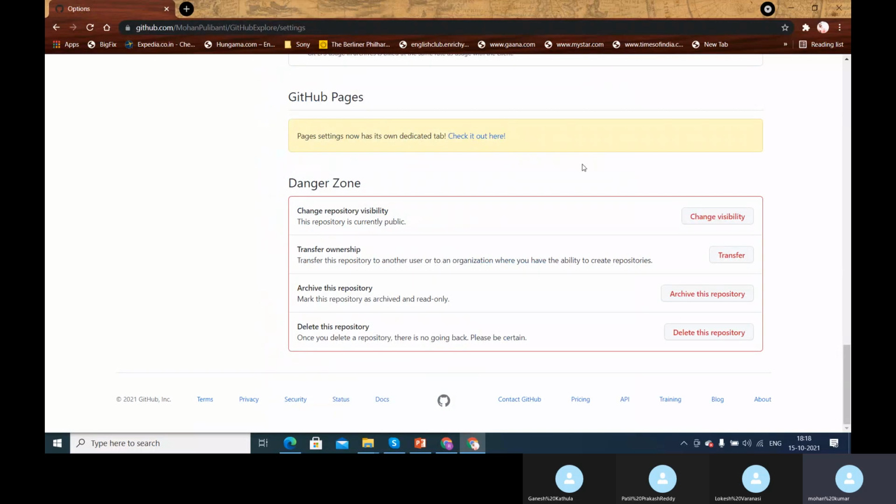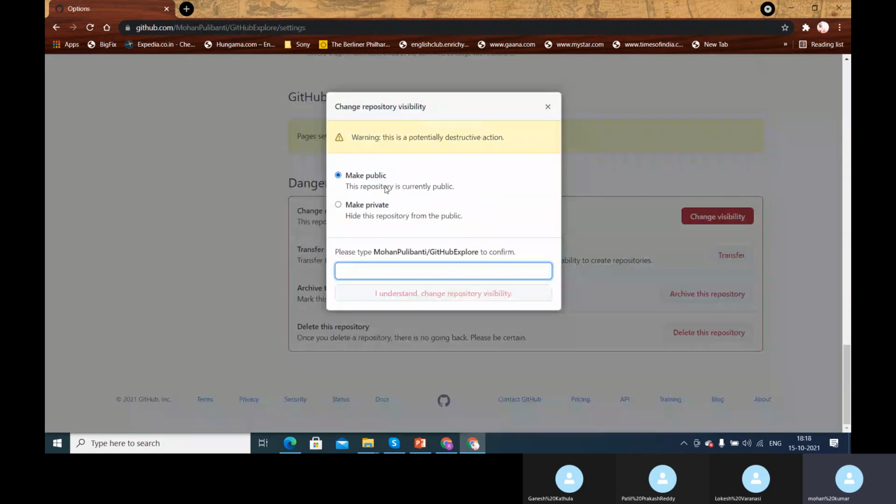These are important things which you have to do carefully. That's why it is written as danger zone. Here there is an option, change repository visibility. Here you can make the change from public to private or private to public. Once I click on change visibility, there is an option whether you want to make it public or private.